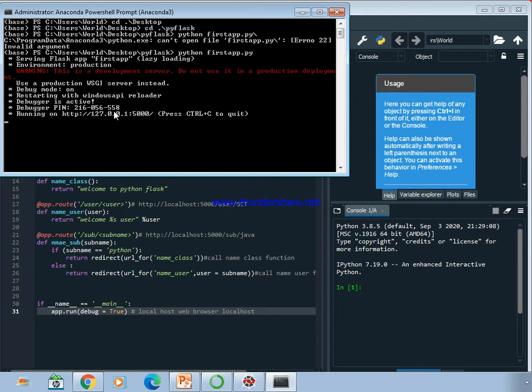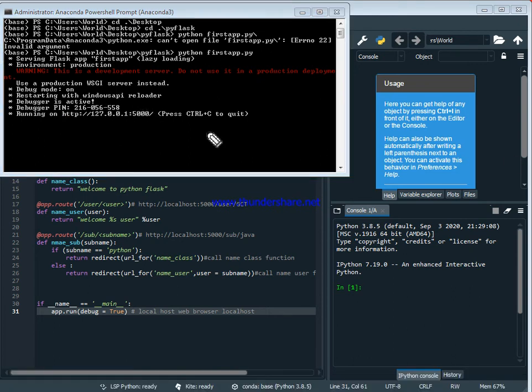Right. So now if you have any errors, they will be shown here. If you have any syntax errors, they appear, and if there is no error, it will automatically execute and show in which location your app is running. Can you see here? This is the particular URL where your web app is running, right? So we are going to check how this web application is working by going to the web browser.